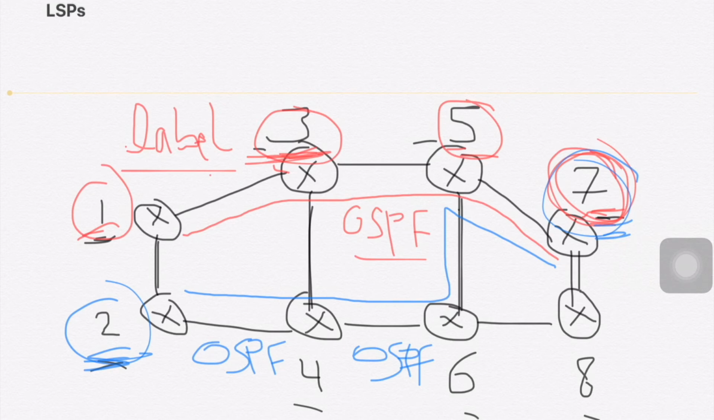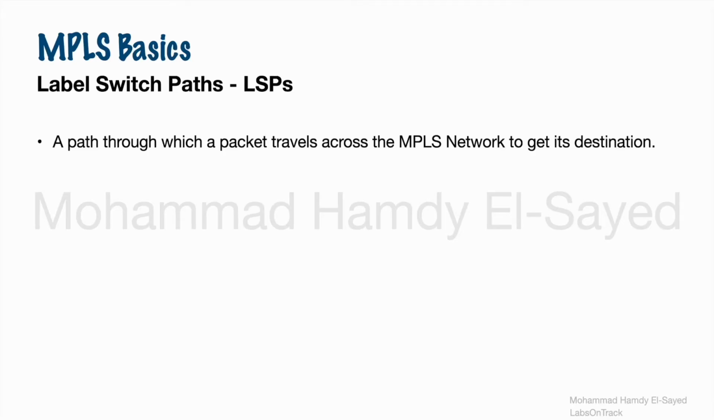And to have a working and complete LSP, as we said for the first route, router 2, router 4, and router 6 must have the full information for router 7 with label information. Back to the slides again. Point 2 of the slide is